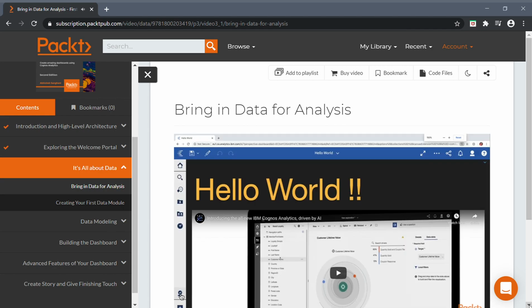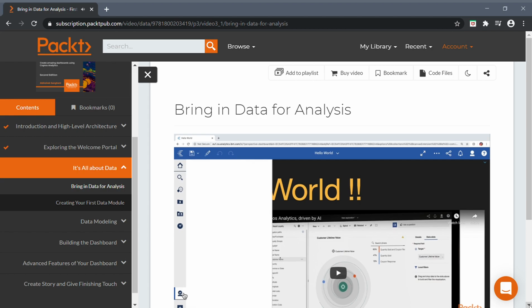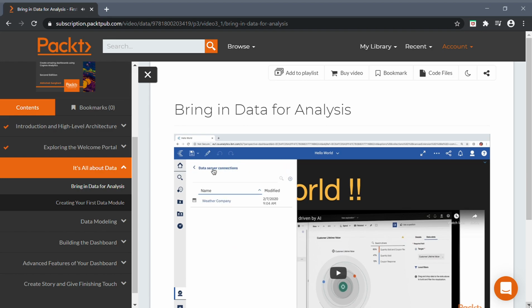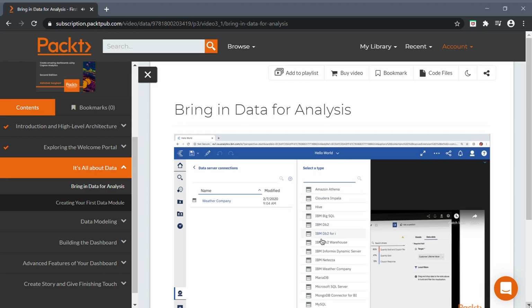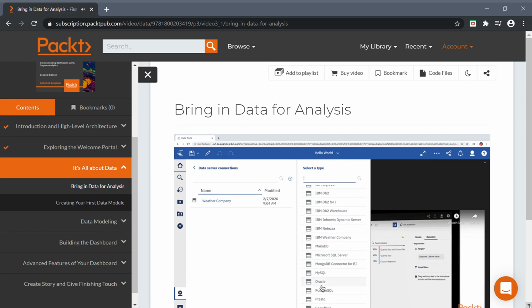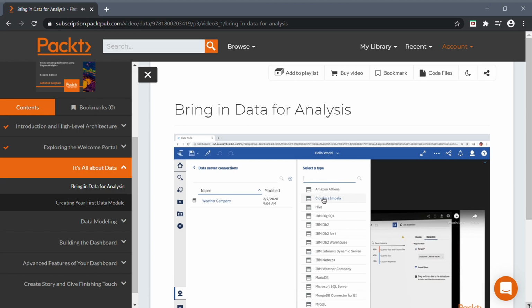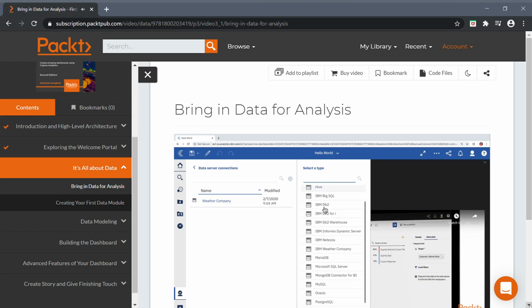In order to connect to the databases already existing in the organization, we need to use data server connections. You need to first click on this manage icon button on the left bottom corner and then open the data server connections panel. Now click on this plus icon to create a new data server connection. We can see that Cognos can connect to a variety of databases, including some big data databases like Cloudera and Hive, and also